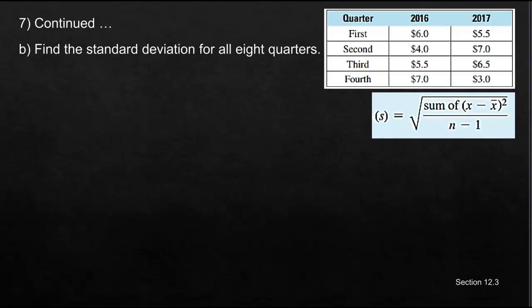These numbers are kind of nice to work with because they're pretty small here, so we don't have as much to write out. I do put the decimal part of it though, and so we'll have to do that. But first, remember, we have to find the mean because we can't find the deviation from the mean unless we know the mean. So my mean is going to be the total of these. So if you total them up, you get 44.5, and we're dividing that by 8, and that gives us